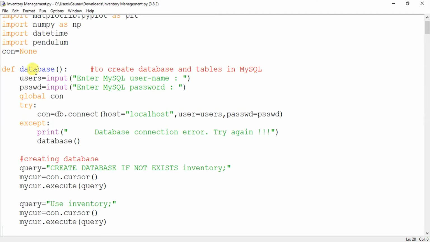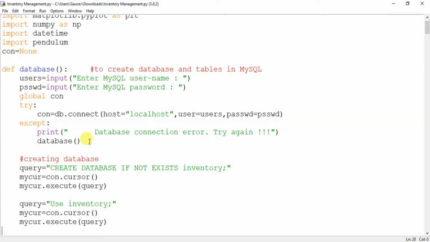Okay, so the first thing is, we have created a user and password. For getting the username and password, we have accessed the global connection here, and we have tried to connect to the database using the username and password. And if the username or password is incorrect, then it will give a database connection error. You must know the username and password of MySQL before working on this project. You can ask the system administrator if you are working on the system of your school, and if it is your own system, then you must know the username and password. Basically these are root and root.